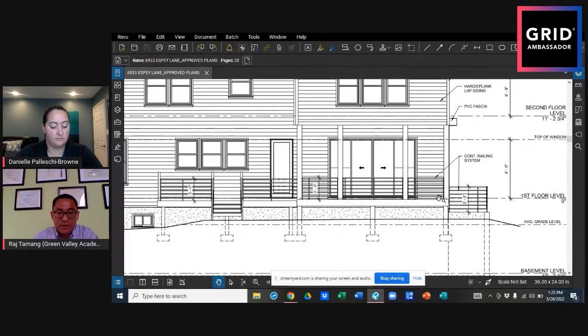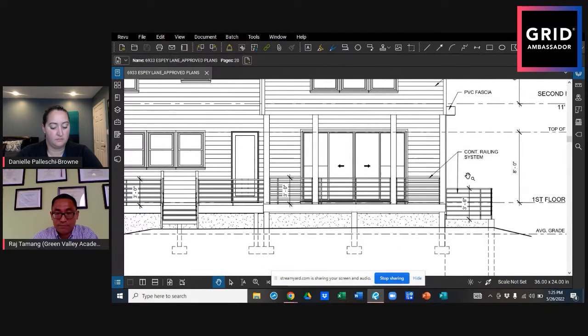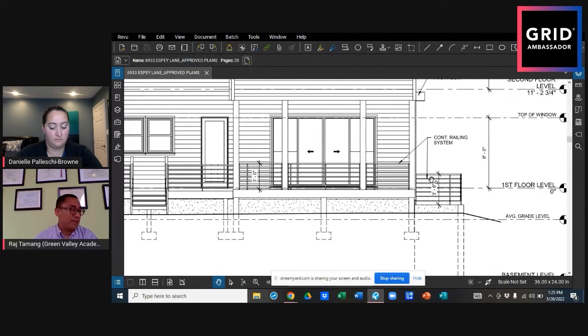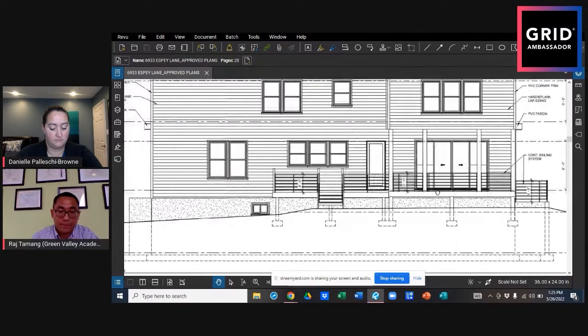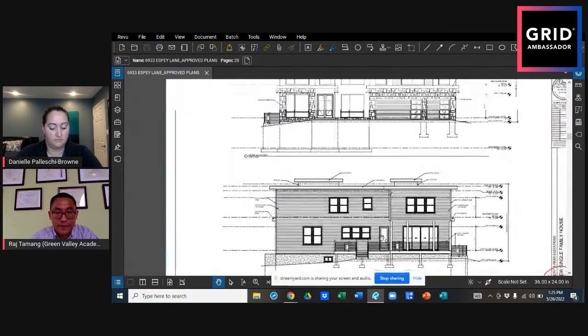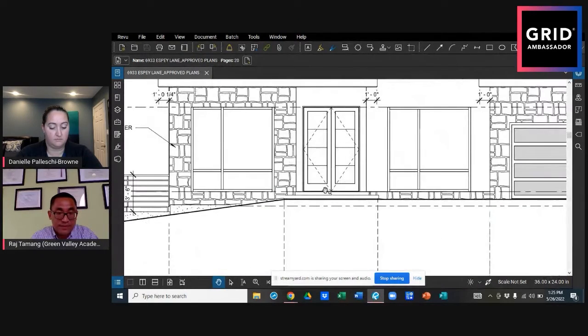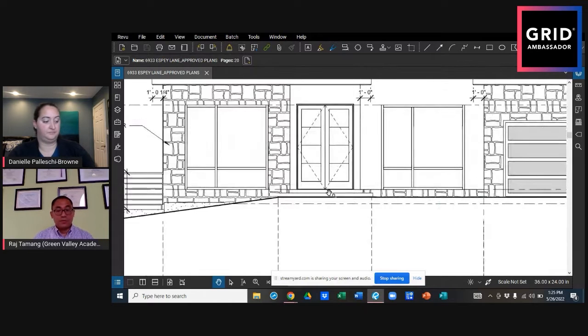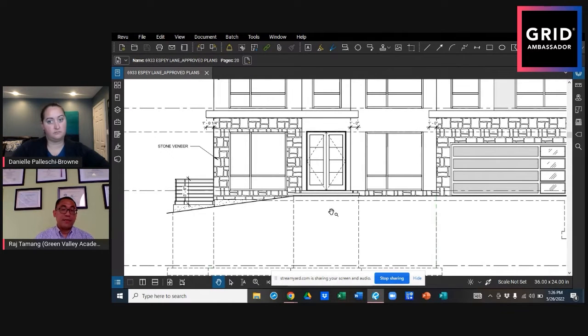And what else? We have a covered porch, so our railing system we have to show. Here we have an areaway going down to the basement. When there's an areaway, we have to have a railing for safety. And also on the front, you have these steps here. This is the front door. You don't see a railing here, but if